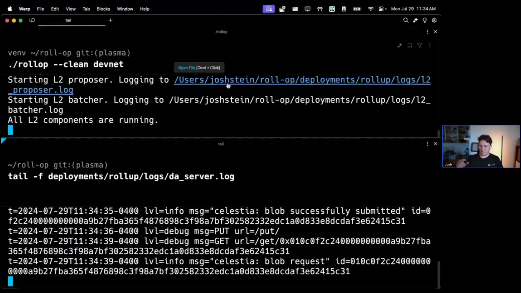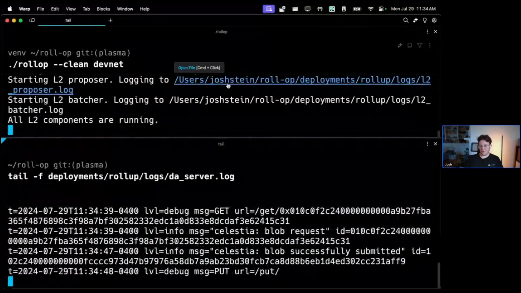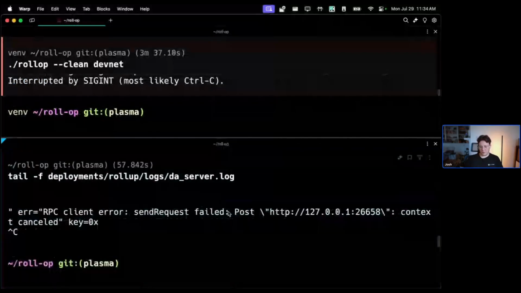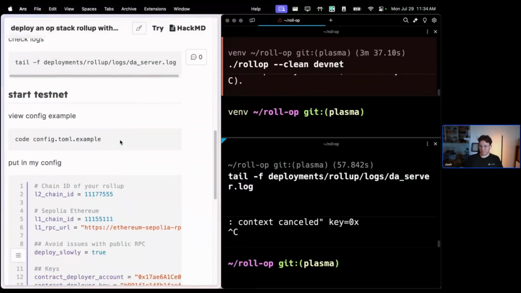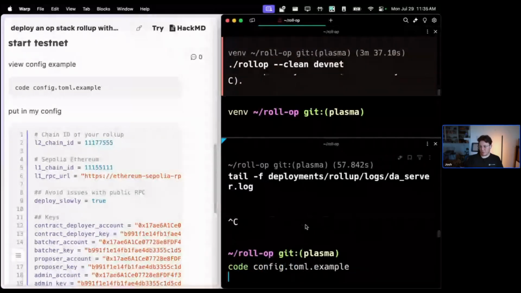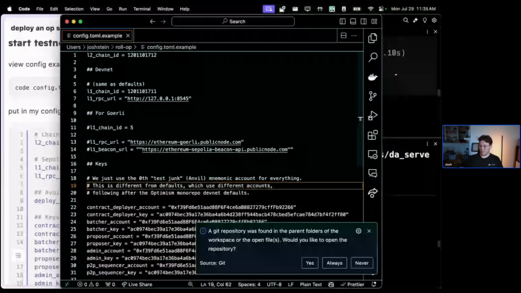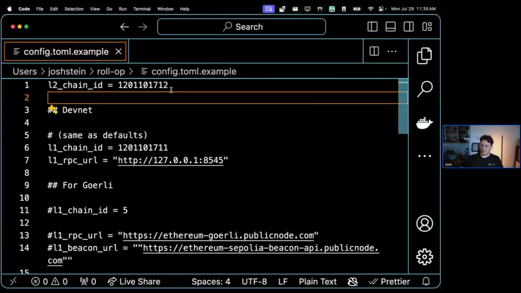So we've gotten the devnet running. This is running a mock L1 with an L2 that is our rollup, and then posting to Celestia Mocha. The next thing we're going to do is run through deploying a testnet in a very similar fashion. So I'm going to go ahead and open the example config.toml. Bring that over here. If you look at the example and ignore my VS Code error,